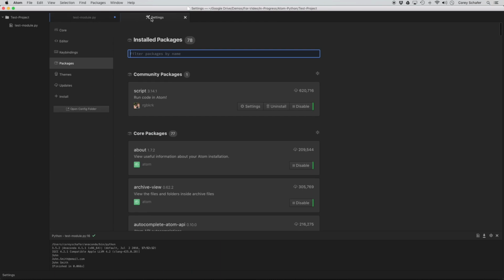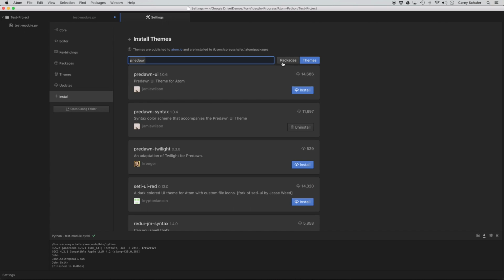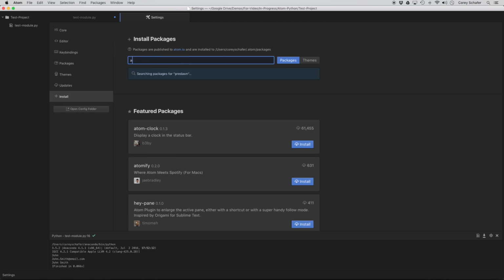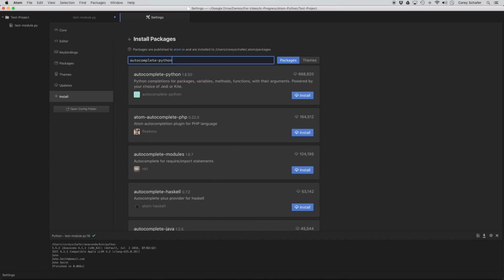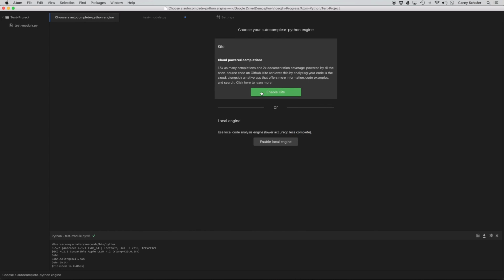So let's go over to our settings and let's click on install. And now we want to select packages over here instead of themes. Now I'm going to search for Autocomplete Python. Now I don't personally use this, but I'll just go ahead and install this really quick just to show you how this looks. Now when this finishes installing, it's going to ask if you want to use Kite or a